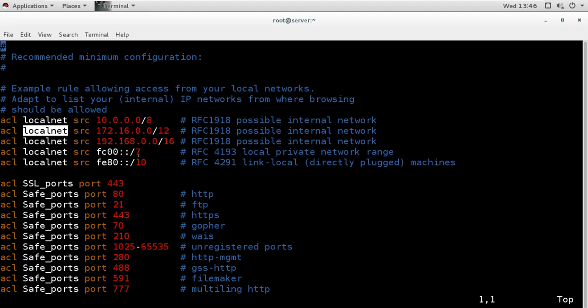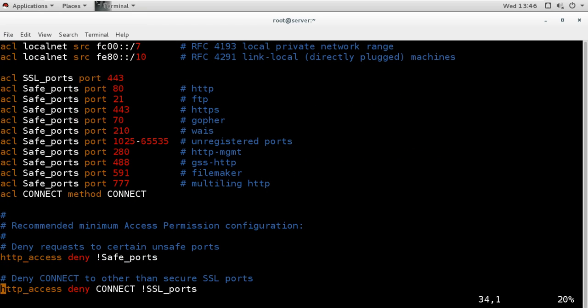Then there are more lists. The name of this list is SSL_ports, and here it is using the option port, and the port numbers are these, 80, 21, 443, 70 and so on, and here it gives comments about what these ports are for.